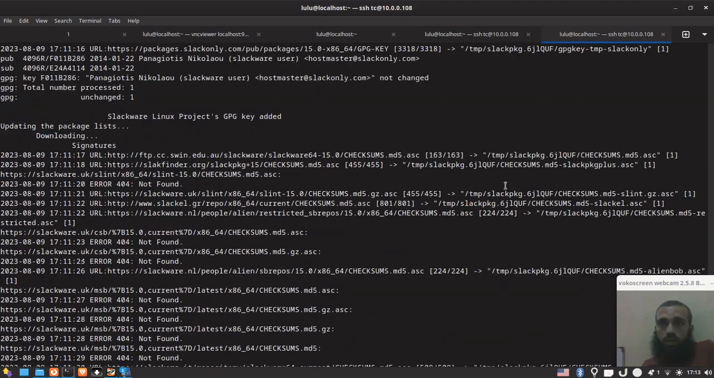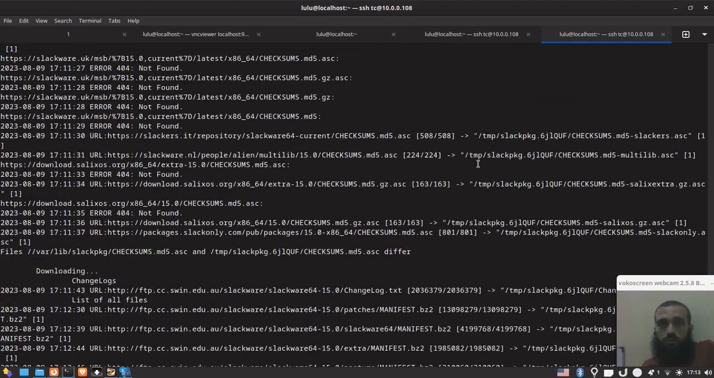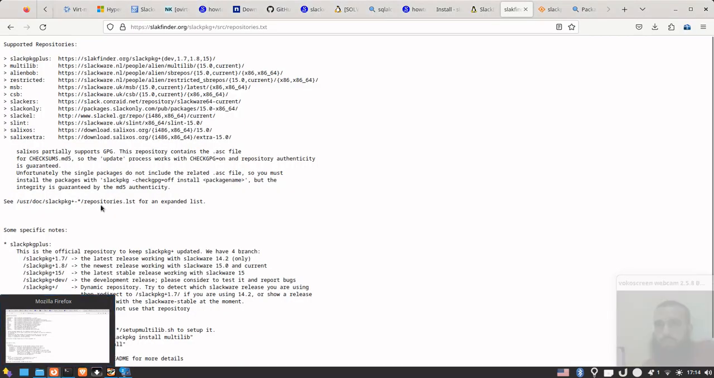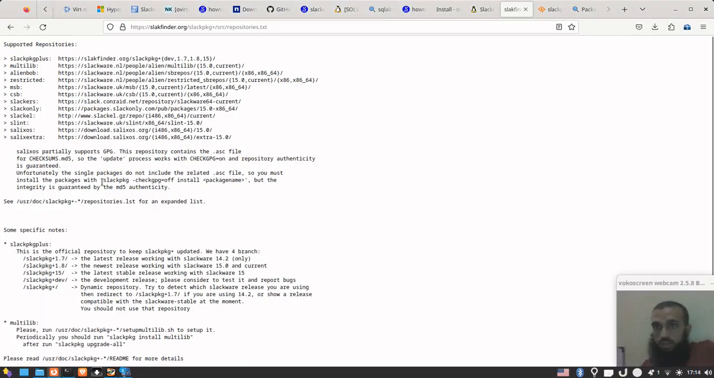And for the signature that it's complaining about, you can simply follow this thing to install the package. Okay, so you run slackpkg -checkgpg=off install and the package name. Okay, so that's how you can add extra repositories, third-party repositories to your slackpkg, so you can search directly from your terminal